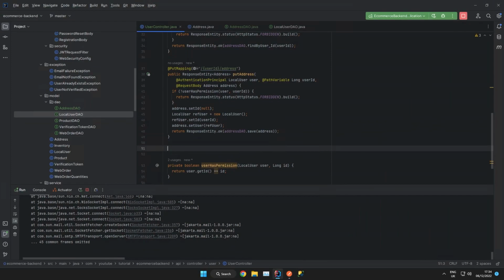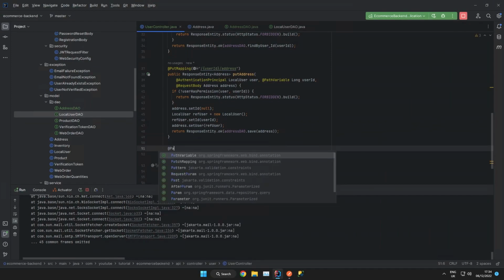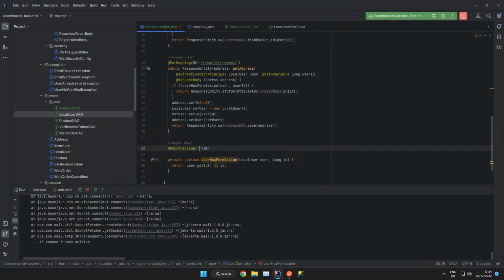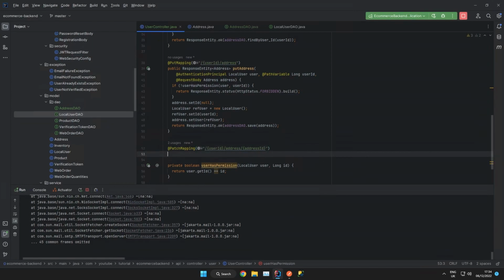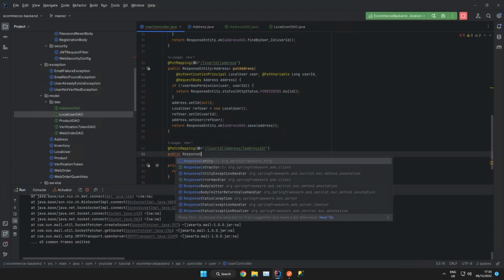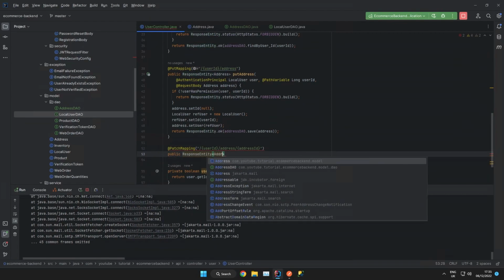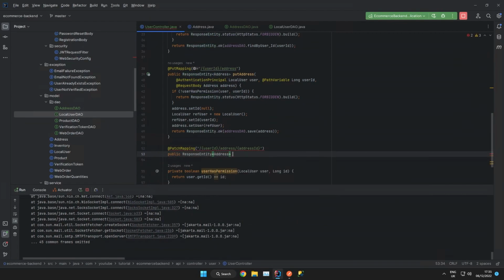So let's come in here and drop down a line. We're going to do a patch mapping. And this time it's going to be /{userID}/address/{addressID}. That's another curly brackets. And this means that we've got a user ID and an address ID. We'll come into the complications of that in a second. So we've got response entity address again, just so that we're returning the completed address. And go patch